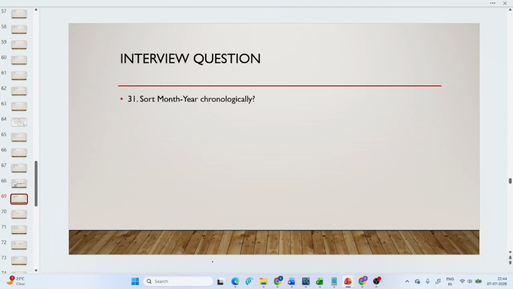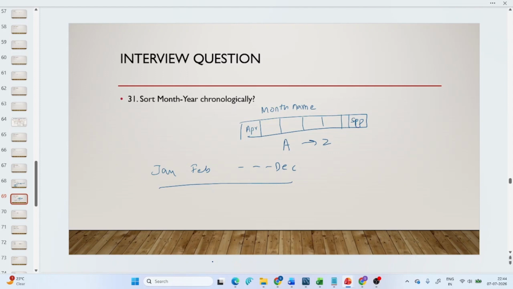Sometimes when you use slicers like month, if you're using month name in the slicer, because Power BI puts everything in alphabetical order, you might end up seeing April as the first month and September being the last month in the order. It orders A to Z generally. But if you want to show it like January, February up to December, the only way that you can do is you will have to